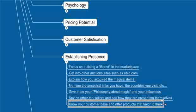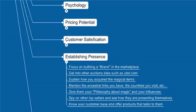And then last, you simply want to know your customer base and offer products that tailor to them. If you're a female and you only want to target women, then make your name a little more feminine and make all your auctions more targeted towards females. Or if you only want to do rings, make your auctions have a nice flow with each auction and make it all based around rings. Don't try to sell rings and then spells and then yoga poses or haunted spells or magic, or that you're going to cast a spell on somebody. Don't offer all this random